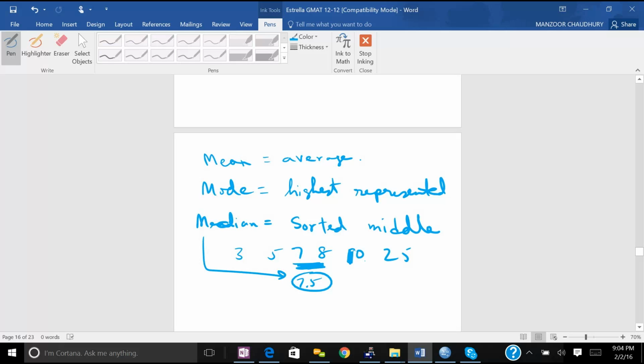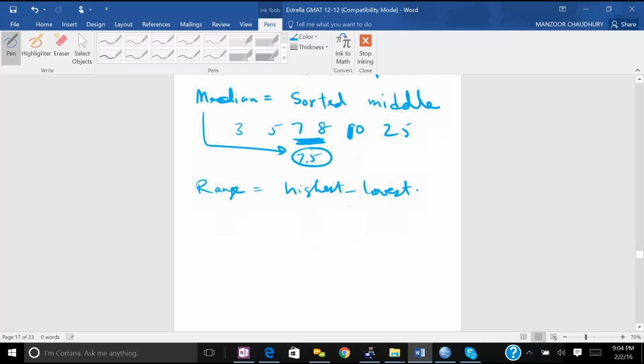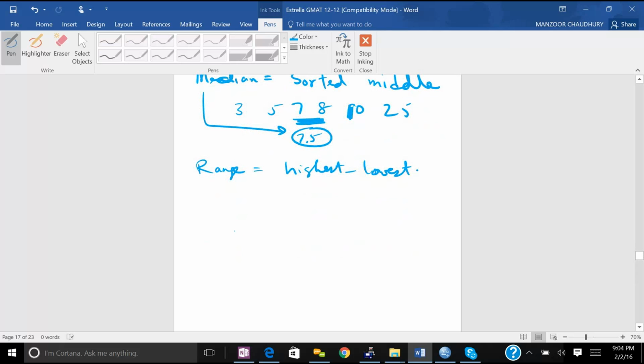Okay. Get it? Right. What is range? Range is highest minus lowest. Okay? That's range. And then what else do you need? You need a